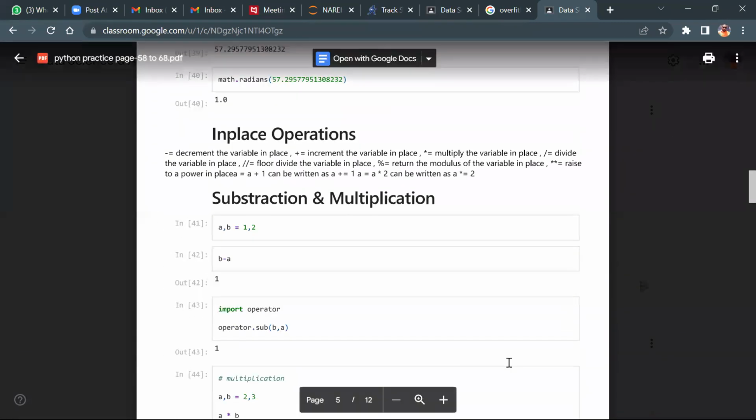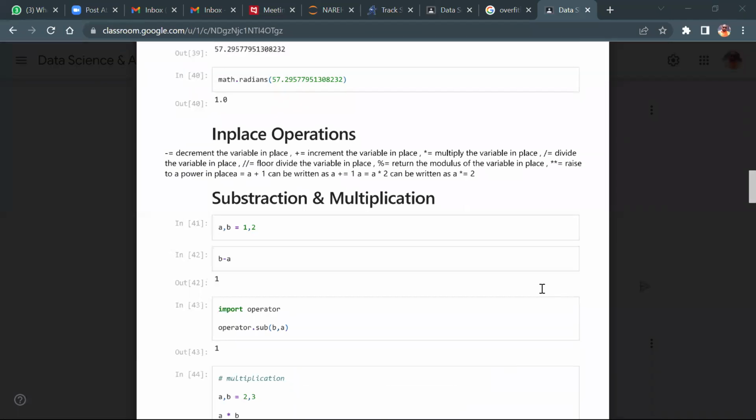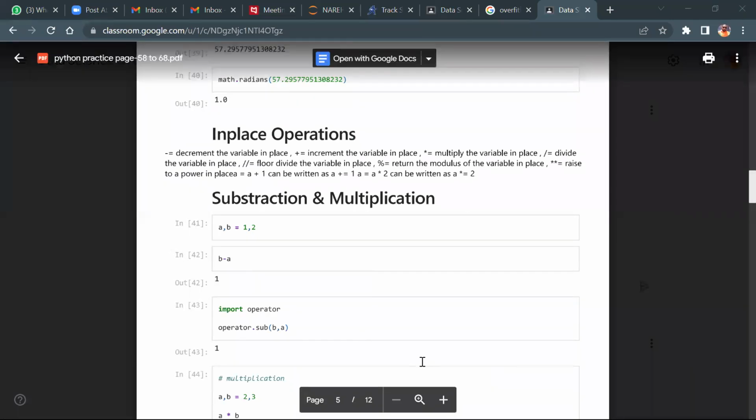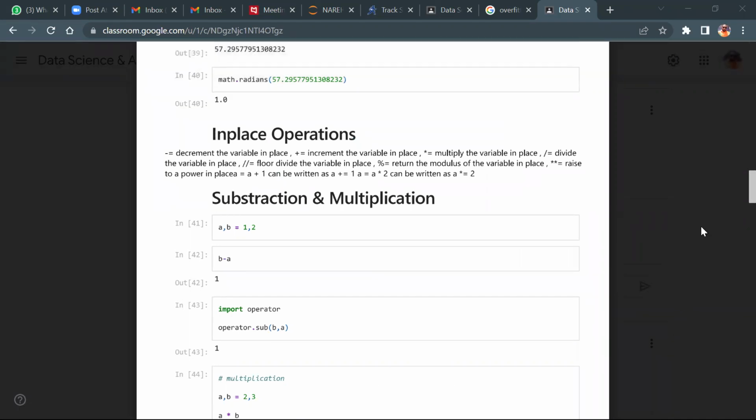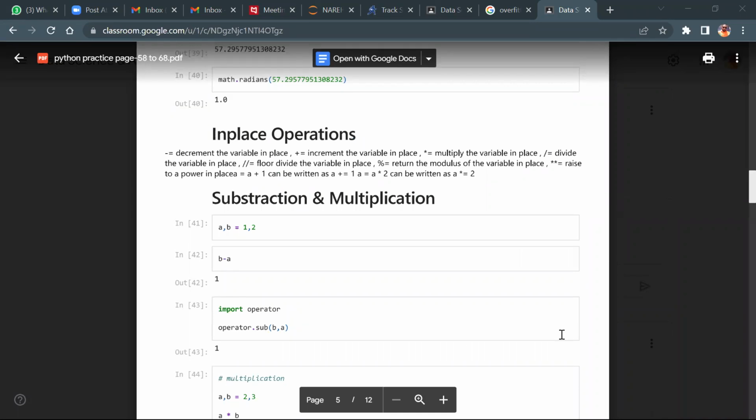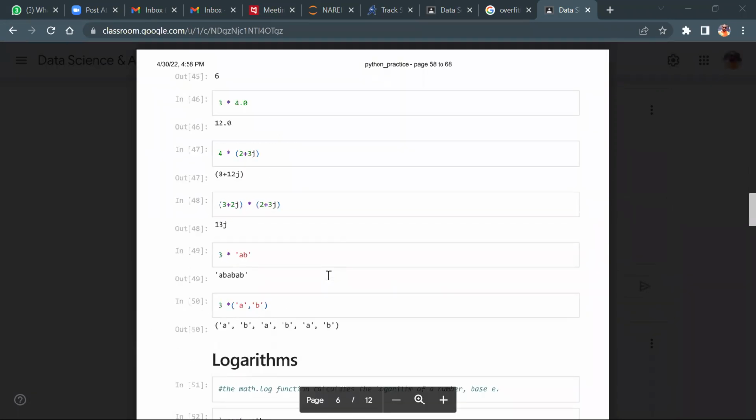In place operation. Sushma, I'll give you one task. Will you do that for me, please? Whoever has done it, can you please accumulate and make a repository? Means one link, one IPython file, and send it to me. I think you have my personal ID. You can check and then get back to me.